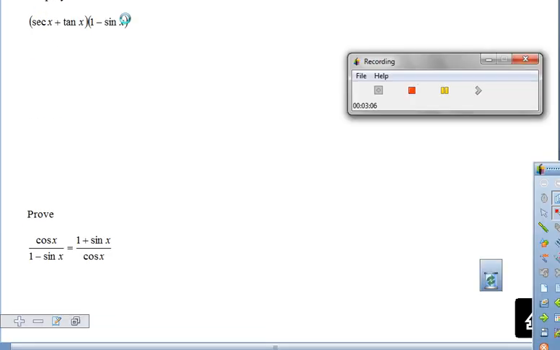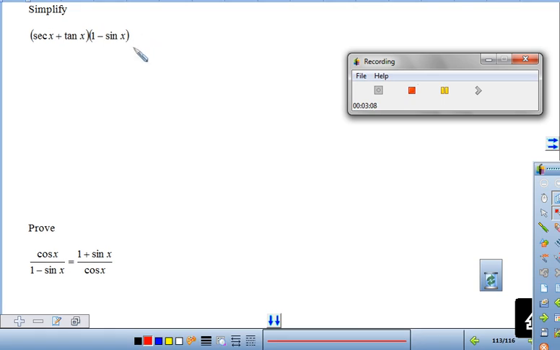And this is just a simplify. Notice there's no equal sign, so I'm not trying to prove or verify anything. I'm just simplifying this down. And this is essentially a binomial, 2 terms in either, so I need to FOIL it out. So I have the secant minus the sine of x times the secant plus a tangent